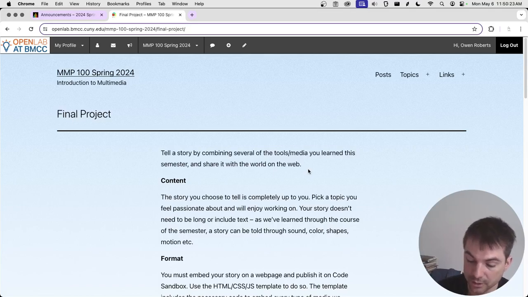And I want to really emphasize that you have to make a new piece of media. You cannot just reuse your self-portrait or your audio portrait or your animation. You have to choose one of those types of media, but then make something new. And you are going to have to submit